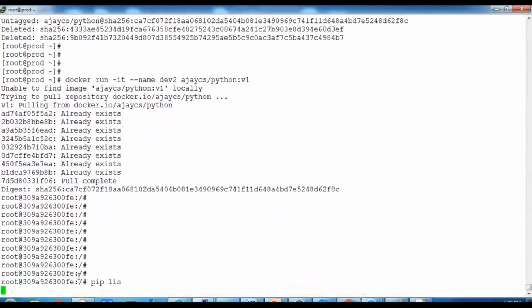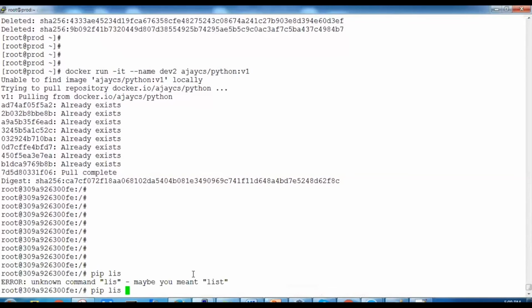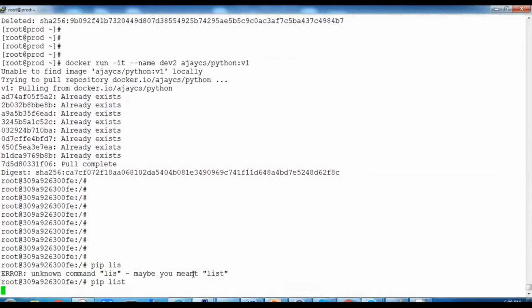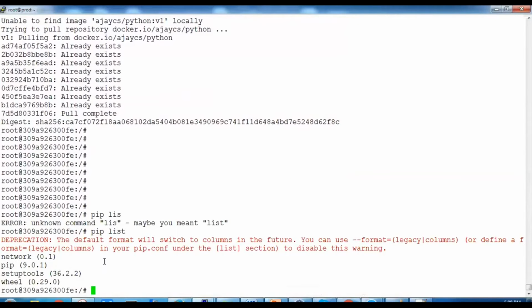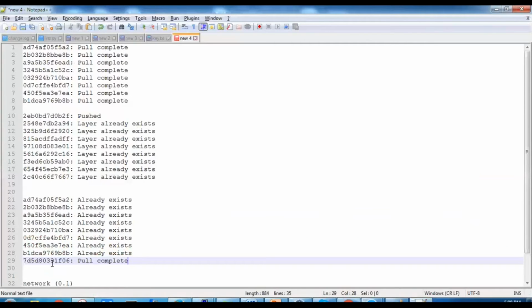In pip we should get the package which we have installed on this layer. So it should have the network module. So here we go, it has the network module. What changes we have made are successfully committed, and it's showing in the 9th layer.